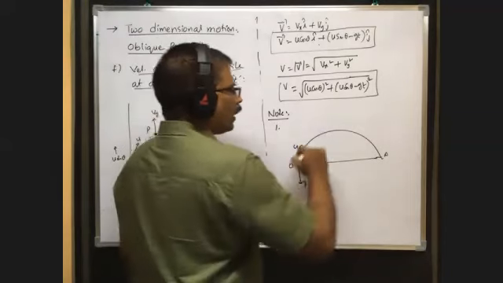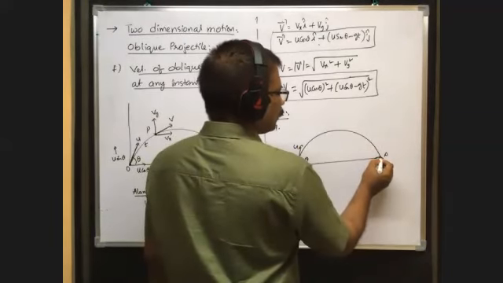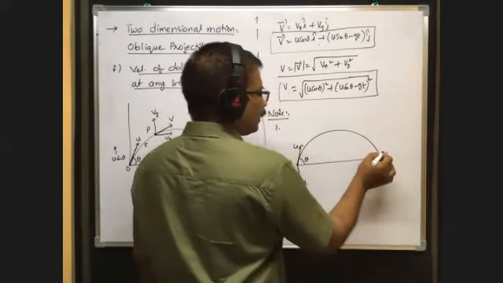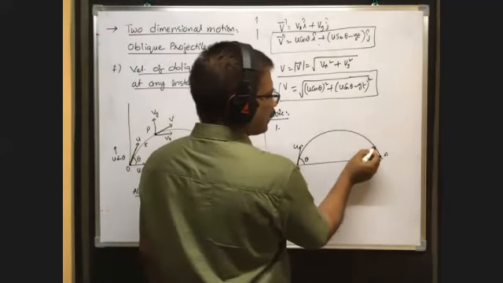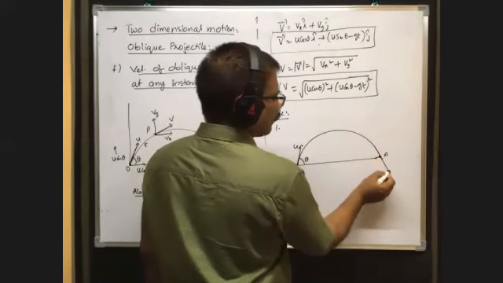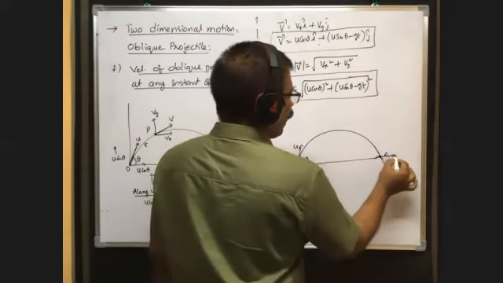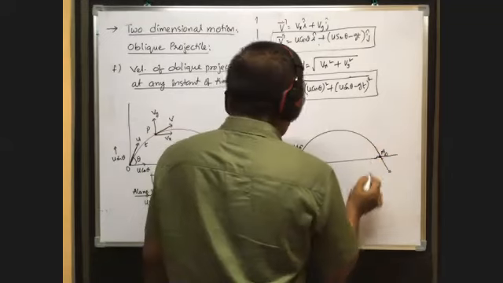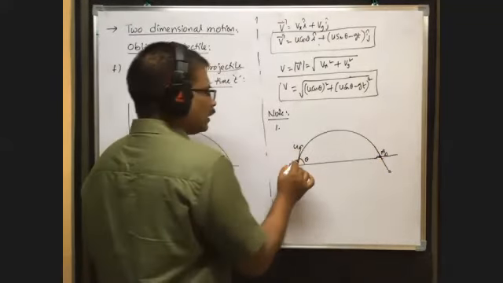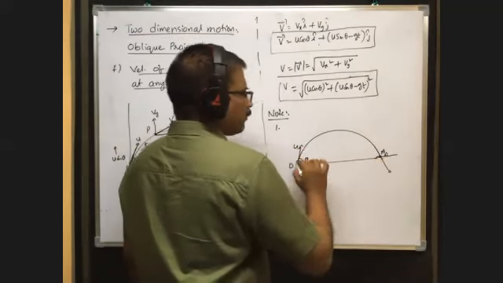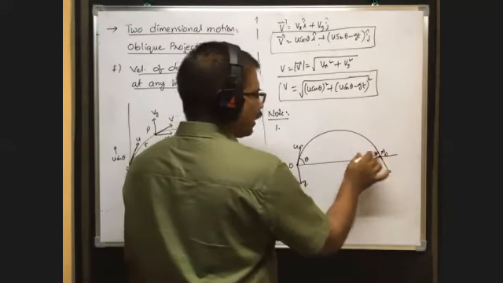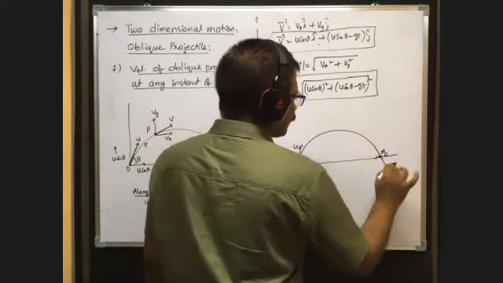Whenever the oblique projectile reaches the point on the plane passing through point of projection, the velocity of this oblique projectile is along the tangential direction. Whatever the velocity of projection, here also velocity of impact. That means the velocity with which the oblique projectile reaches the horizontal plane is called velocity of impact. That is also u only.